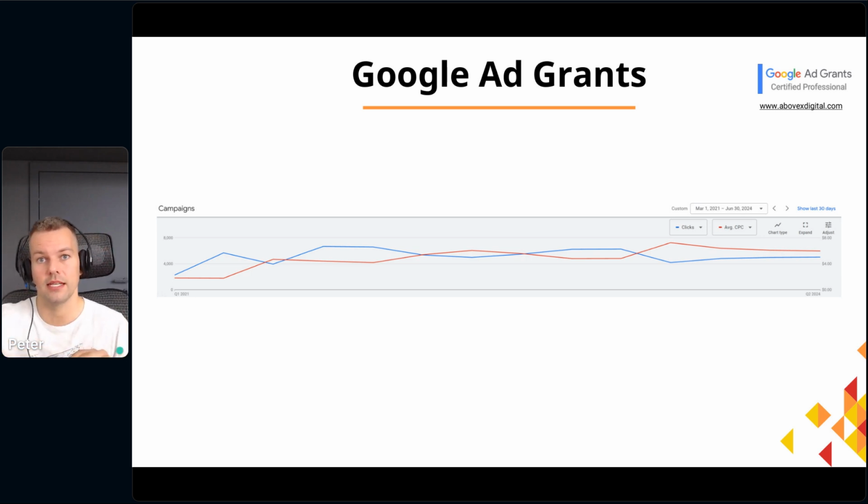And still you see that the average cost per click keeps going up, right? Year after year. And that's because of what I just said. The auction is getting more crowded, keywords are more expensive year after year. And because of that, if we use the full grant, which is still 10,000, if clicks are more and more expensive, that basically means that you get less and less clicks unless you change something in the account. Okay, so I just wanted you to understand this.